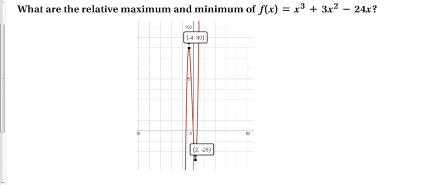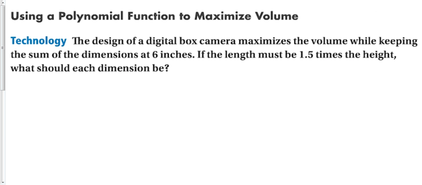polynomial that's plotted out, I can tell that it does have a relative maximum and a relative minimum. The relative maximum is here. The relative minimum is at this point right here. And I can tell that easily from the graph. These 3 points I could also figure out by factoring that polynomial to find its 3 zeros. Okay. So when we get a problem that looks like this, a nice word problem,